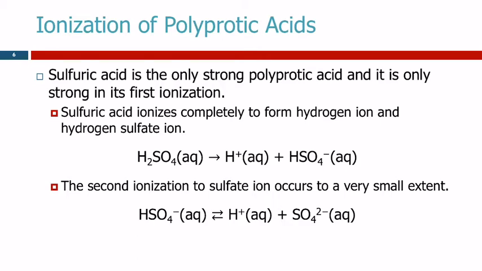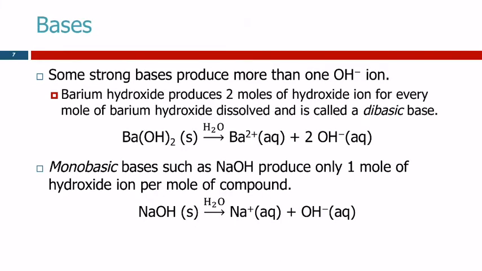Other diprotic acids, oxalic acid, it's the only one I can think of off the top of my head, and the triprotic acids like citric acid and phosphoric acid, those are weak in all of their donations of hydrogen ions. Looking at the bases,